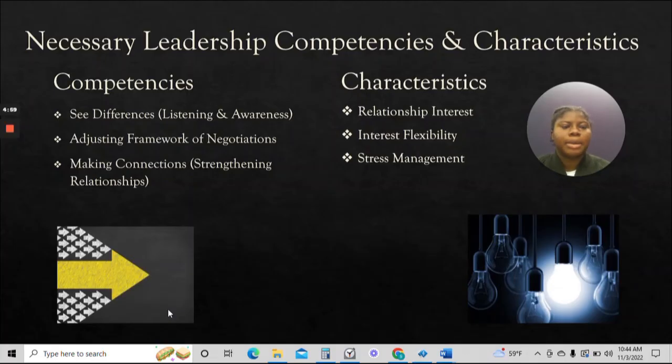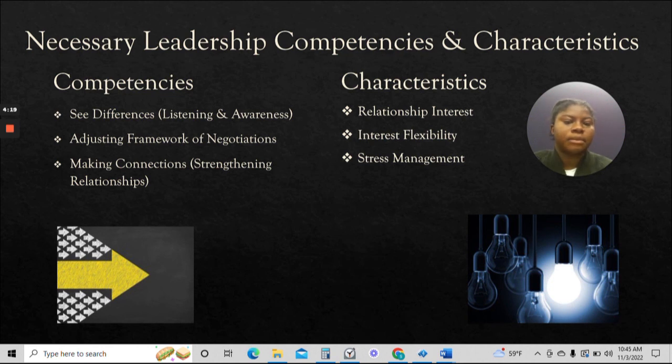Today, I'll be talking about necessary leadership competencies and characteristics. Competencies in negotiation are those that facilitate agreement between parties with divergent interests. These tend to be soft skills, like the ability to communicate, plan, strategize, persuade, and work together effectively. Therefore, leaders engaging in these negotiations should have skills such as sound judgment, as this will facilitate in enacting necessary